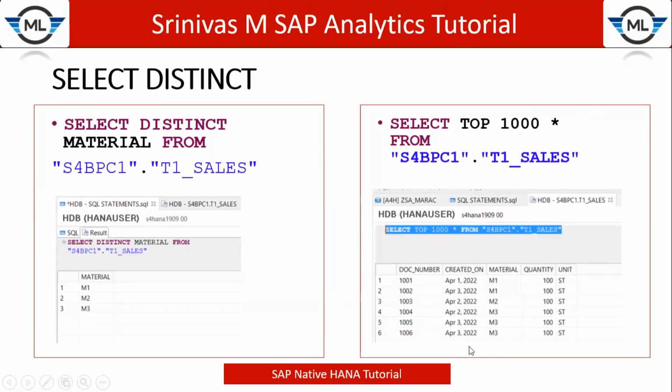If I come to the created on column, then April 1st, 2nd, 3rd. These 3 are the distinct dates of my created on column. And coming to unit, only ST is the single unit, because all are similar. Only one unique value is there in unit. So this is how you can use the distinct keyword in your select statement. Now to use it practically,